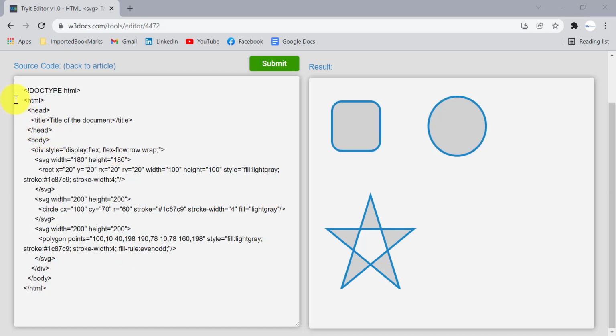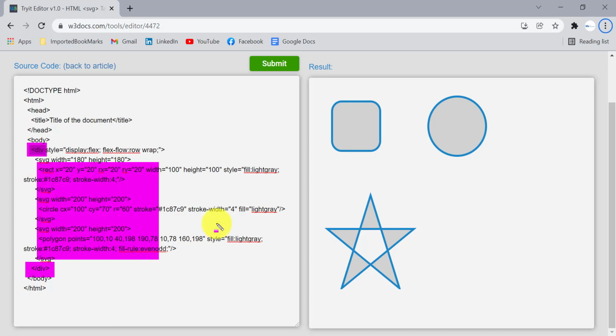So this is a normal web page, similar to our normal web page, starting with the HTML tag and ending with the HTML tag. It will have some header, it will have the body, but the only thing is we can include all these SVG elements, SVG graphics, by using this SVG tag. They have included this SVG under this div tag. Div starting from here, this is the starting point of the div tag and it is ending here. So you can have all these SVG elements inside a frame as well.